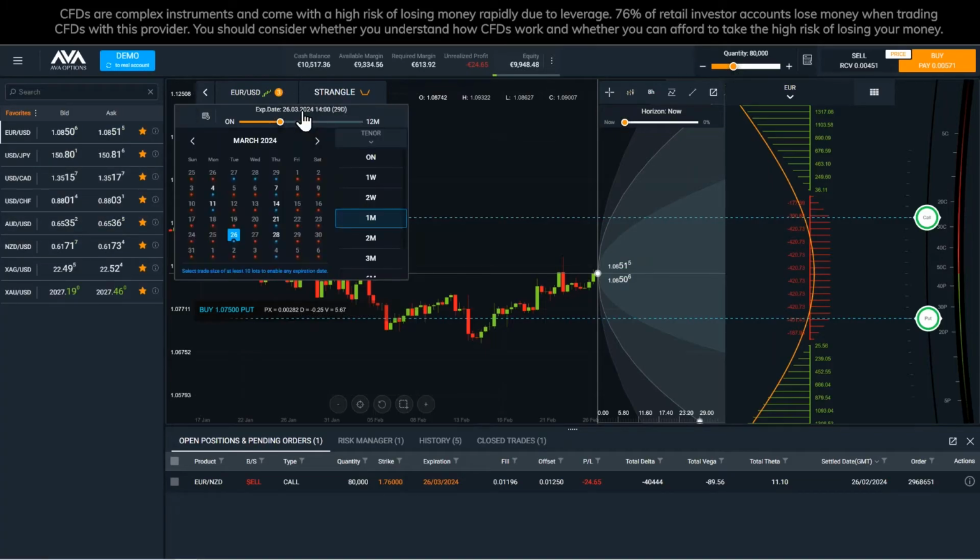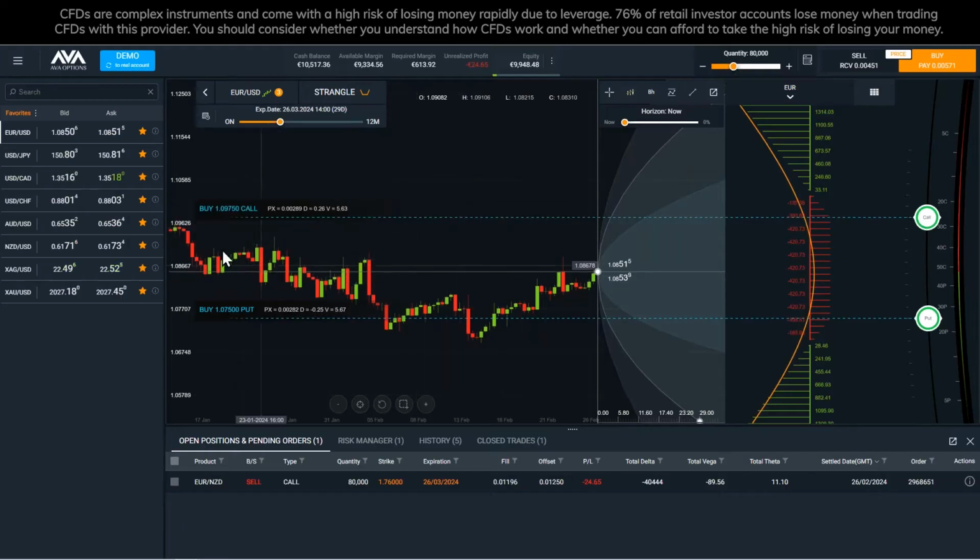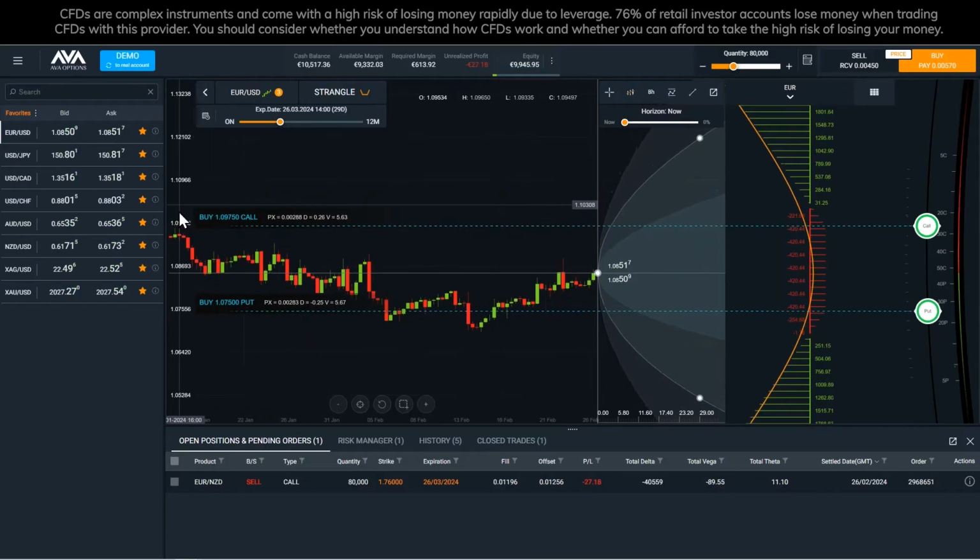We've chosen a 1-month option. So the platform is automatically giving us 1 month of history. It's showing us in the center these arcs. In the center arc, or parabola, we've got plus and minus 1 standard deviation of movement. The next set of arcs, bounded by these white dots, is plus and minus 2 standard deviations of movement, which